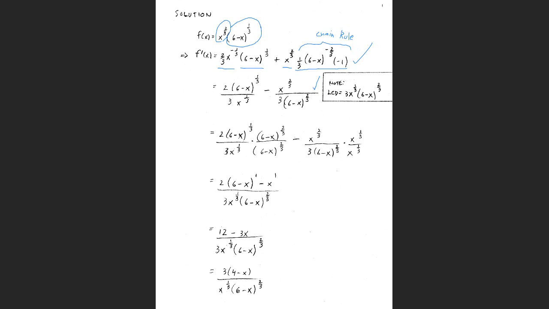I don't care how complicated the fractions are, we have to combine these two fractions. And whenever you combine two fractions, you always have to ask yourself, what's the least common denominator? Well, the least common denominator here is going to be 3 times x cubed times 6 minus x to the